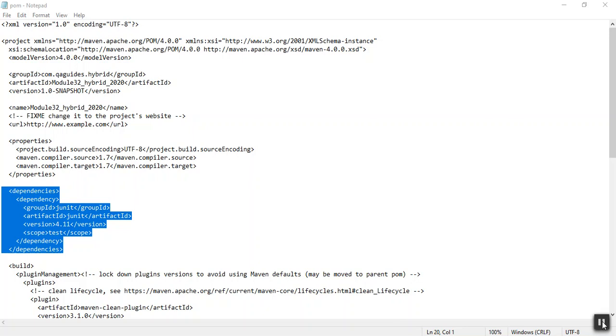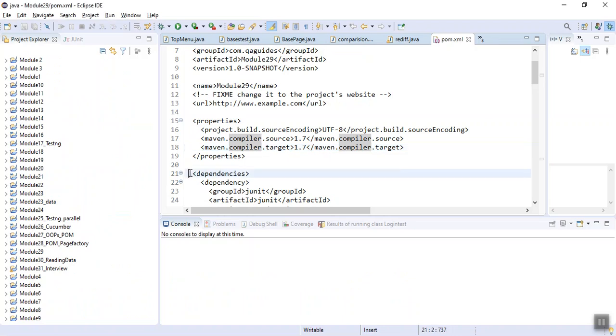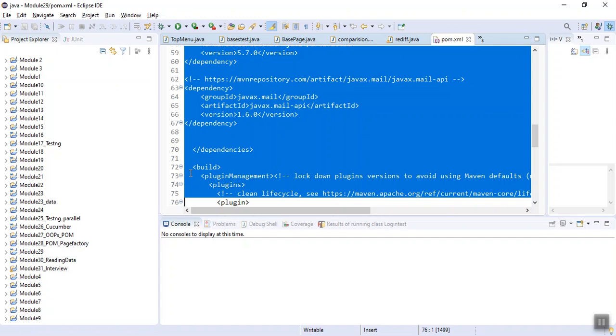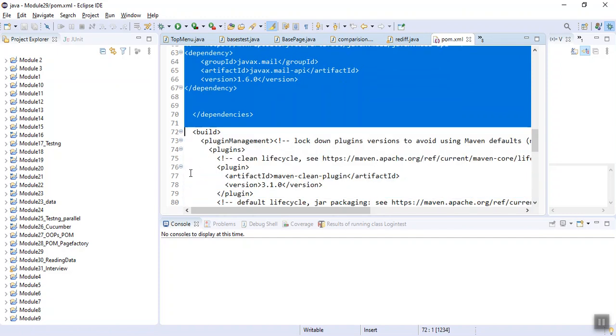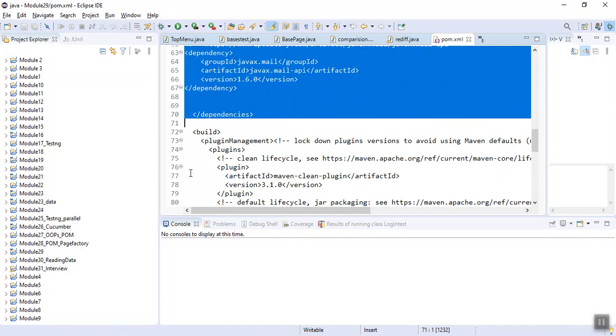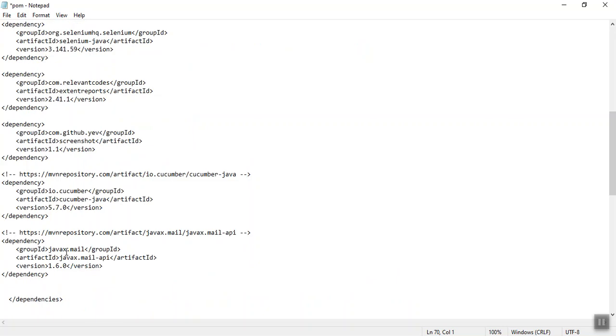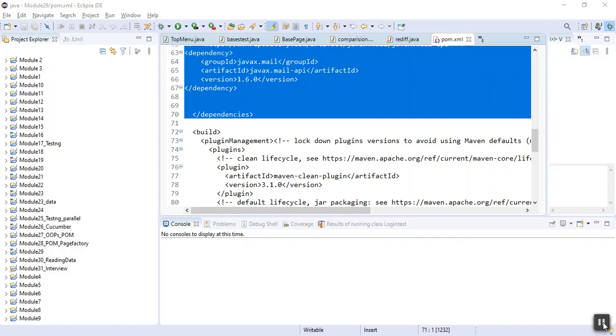Let's work on it. I am taking dependencies from the existing dependency file. If you want, you can take them from me. I have taken all these dependencies. I may have to add more dependencies also, as per the requirement. I am removing this dependency, putting that dependency in and saving it. I have updated the dependencies here.